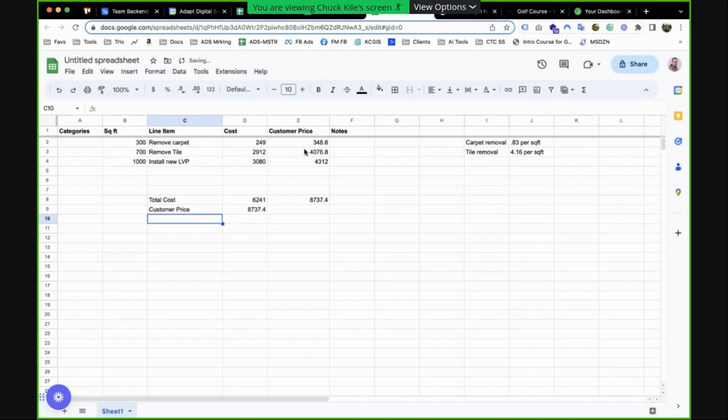Okay. As I take notes, it calculates the price right there. So I think what I would do to use a spreadsheet is have a template spreadsheet that already had all the line items that there possibly could be and all the formulas already put in, so that when you drop in, let's say we were starting over and everything's zero, and you look around and you're like, okay, there's 500 square feet of carpet coming out, there's no tile, and we're replacing it with